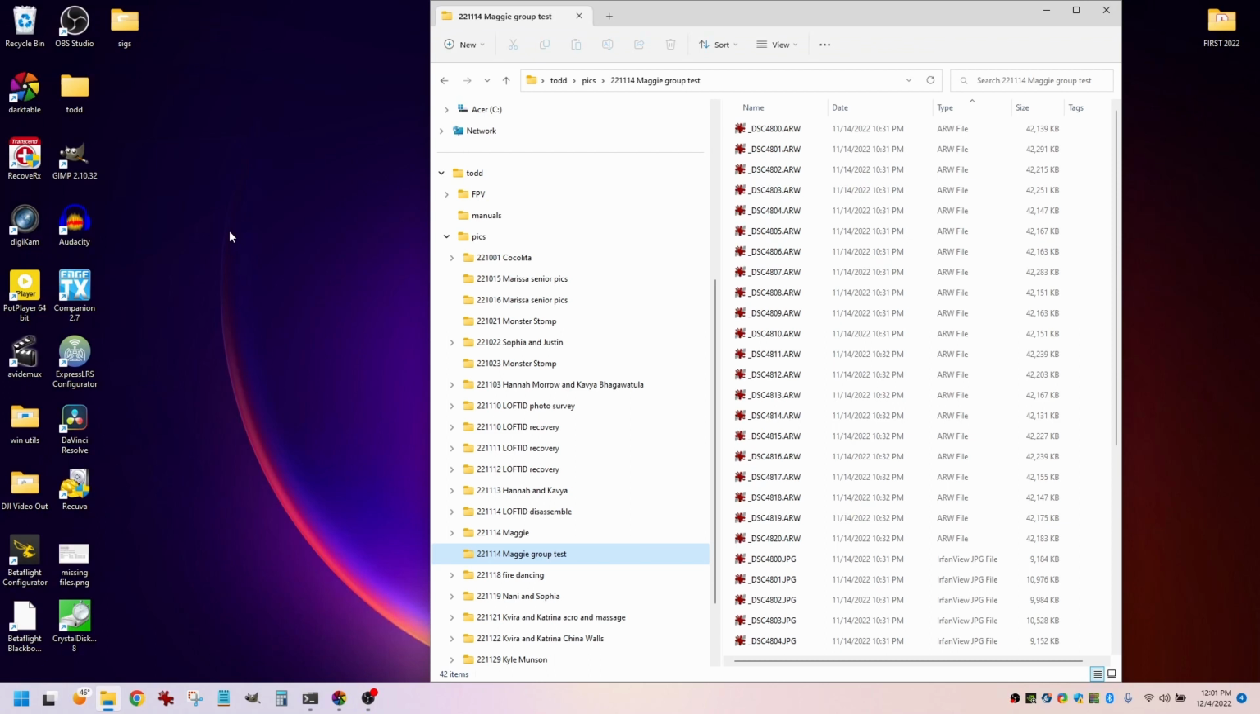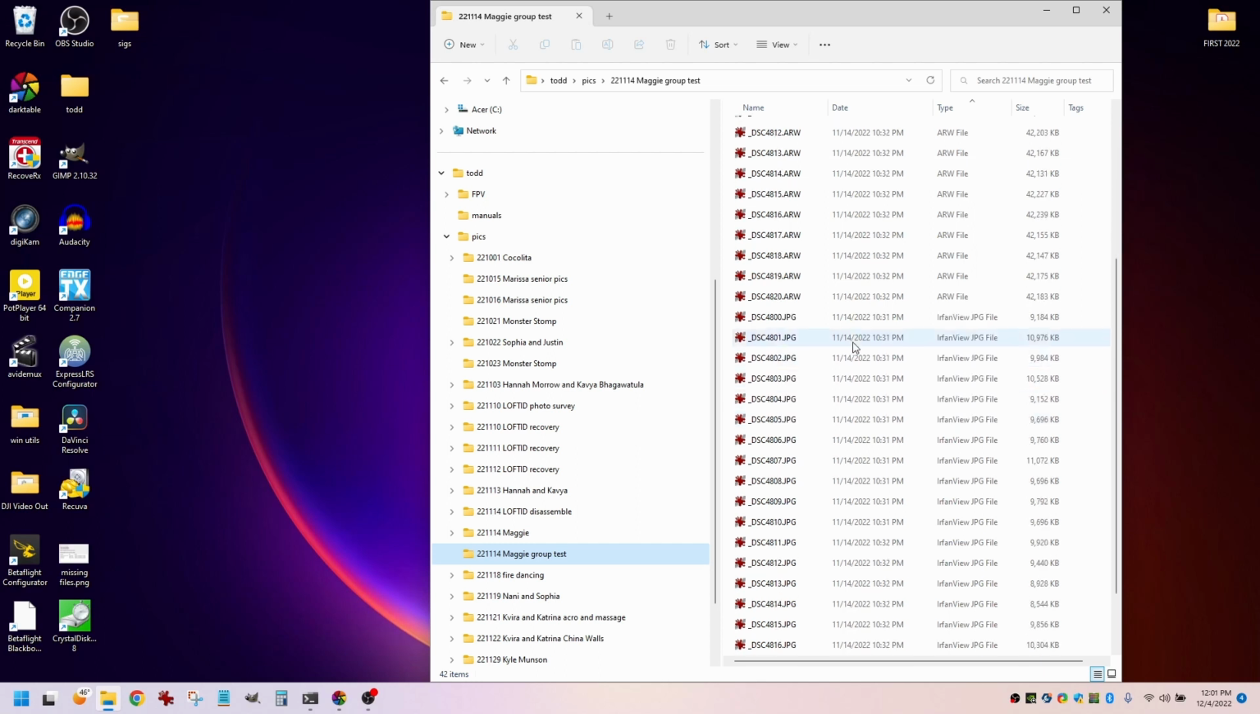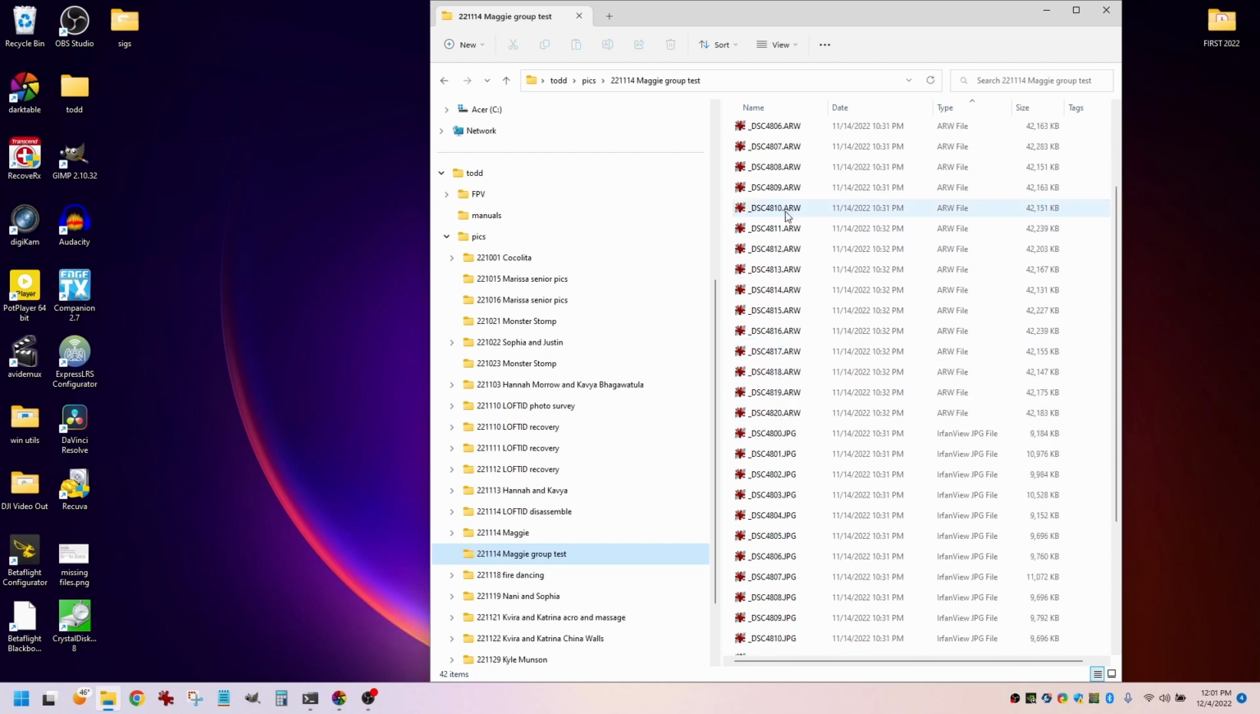I'm going to explain a problem that I've been having with Darktable for a number of years now. Ever since they went from version 2 to version 3, this problem has existed for me. I'm going to start by showing you a test directory of about 20 images that I have taken both in